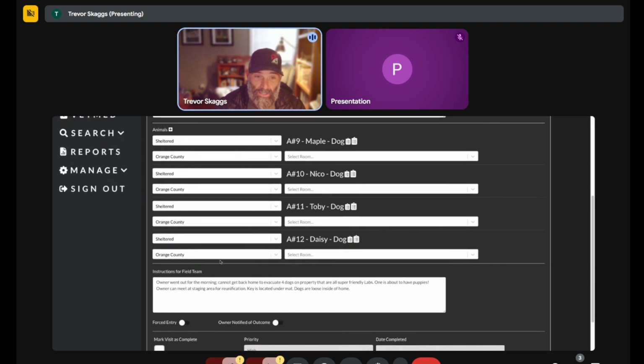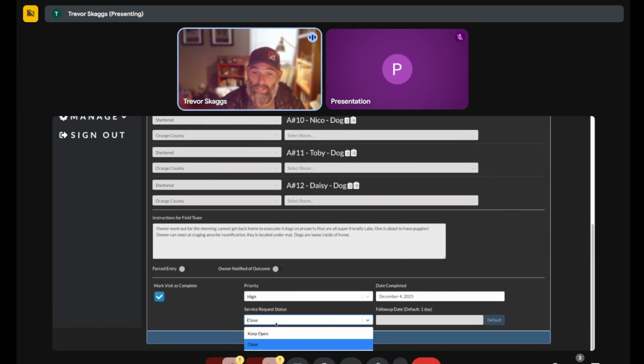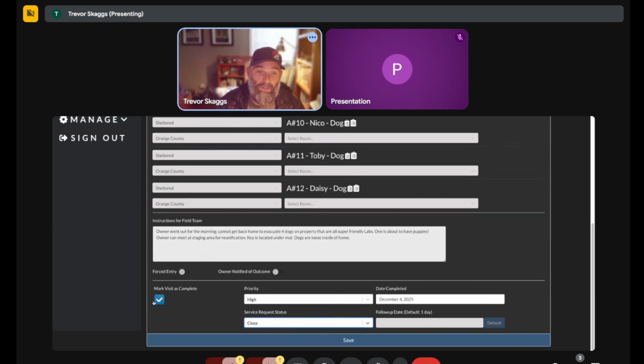In this case, we're going to shelter all these animals. I'm going to mark visit as complete, and it's still going to ask, it's going to kind of help us and say, hey, we want to close this, but you can actually tell it now to stay open. If there's additional work, if we need to pick up equipment, typically we were keeping service requests open only if an animal was still present, but now we can instead, I'm going to turn this off and say, hey, there is a cat trap around the backside